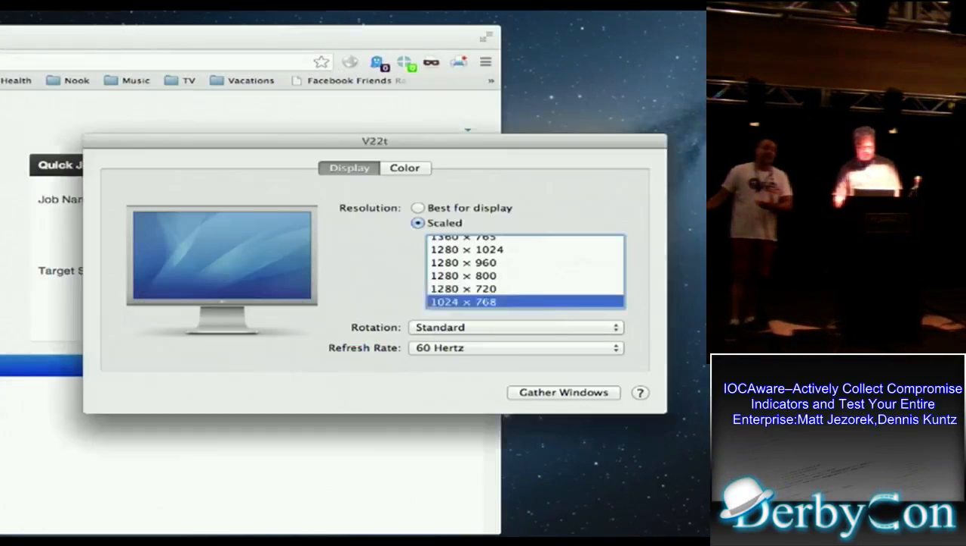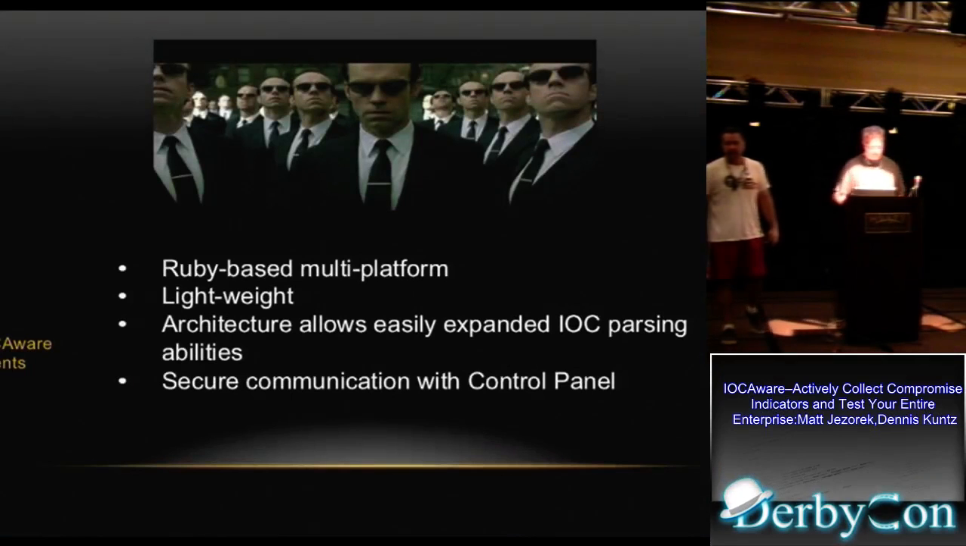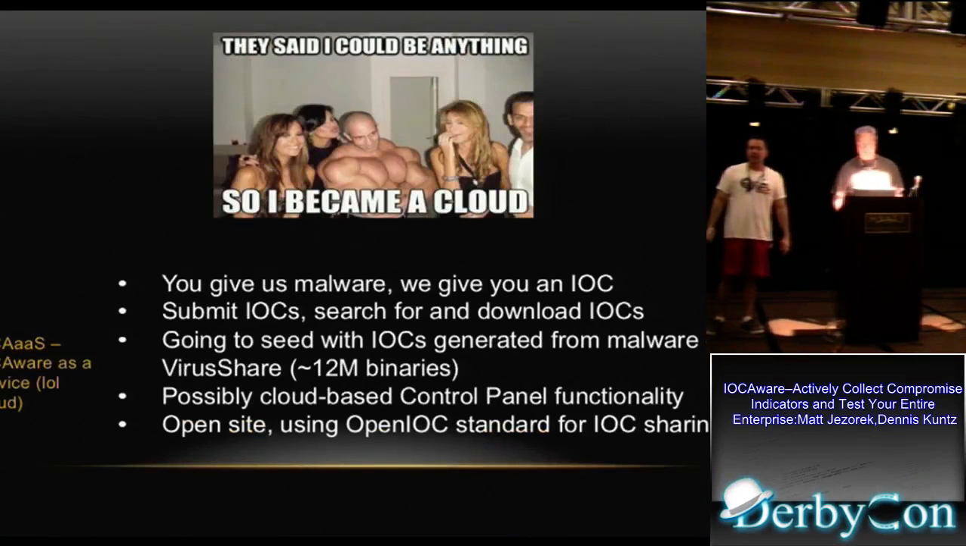Again, part of this whole thing is nobody's using this stuff. The community isn't using it, and there's nothing to facilitate its use. So why are IOCs not being used? Because nobody's using